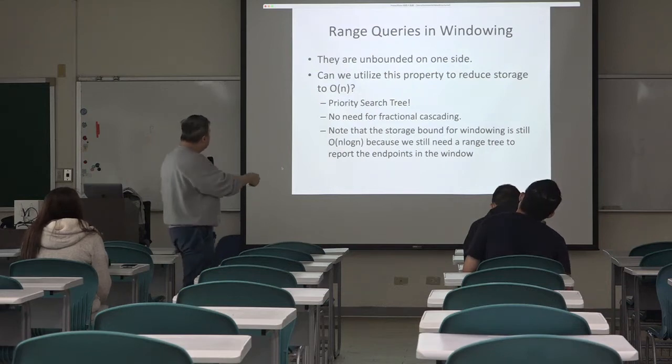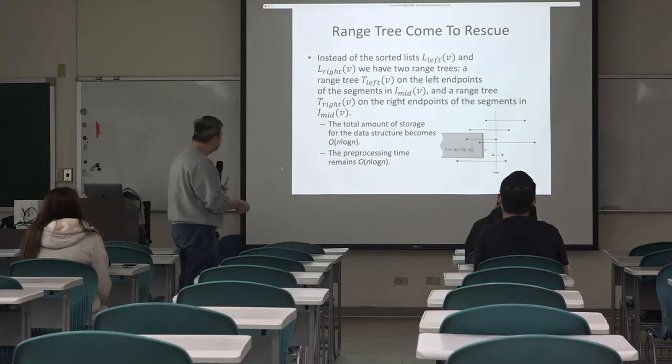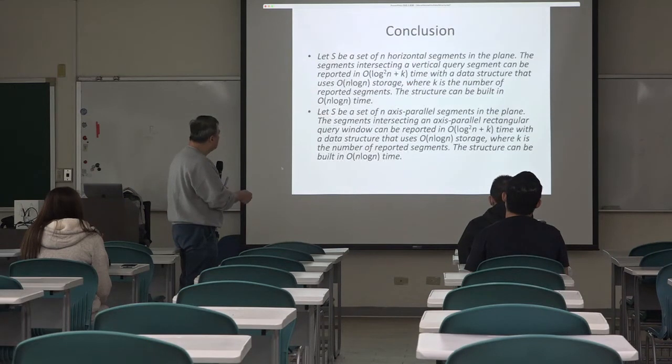But in this particular range query, one side is unbounded. And because we incorporate this range tree here, that is actually the reason